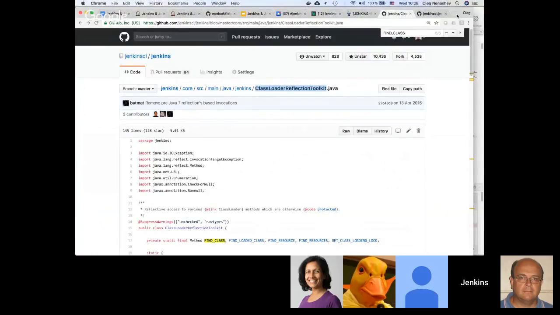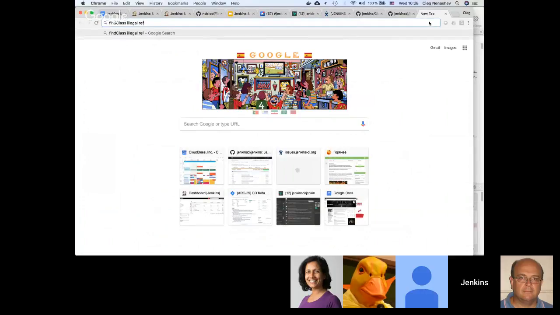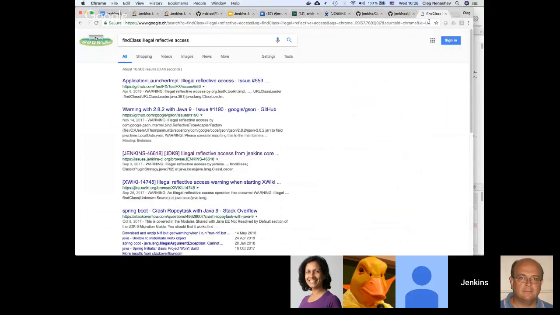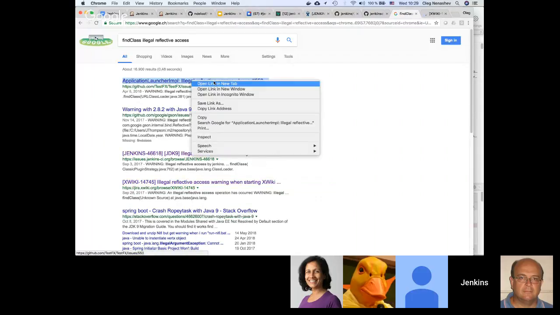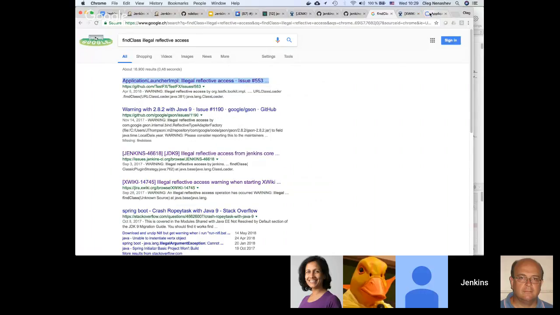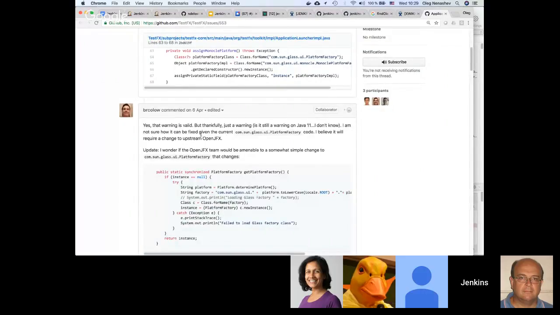And my next step would be to just ask Google, because what we see from the code, there are access attempts in other projects, and maybe we can just find some guidelines on how to replace that. So this is our Jenkins issue. There is a similar issue in the XWiki project, and there is an issue in TestFX. I'm not sure what that is. Okay, so let's see what they say.